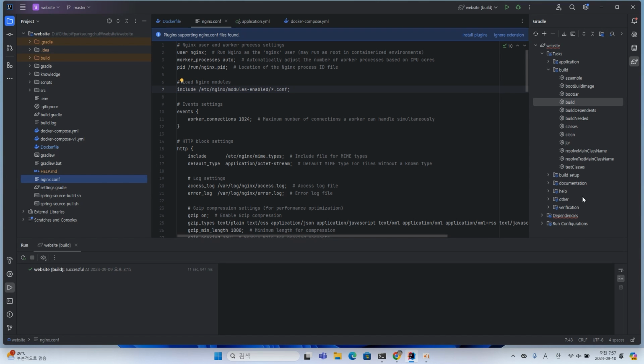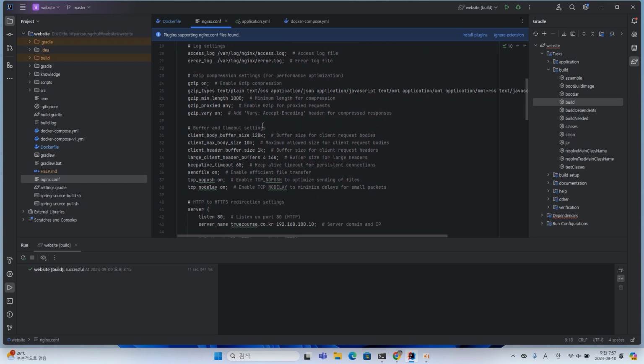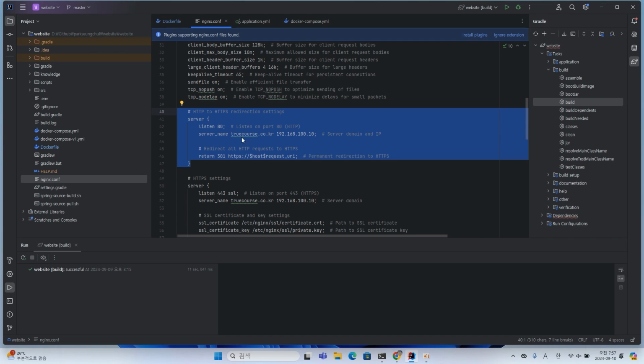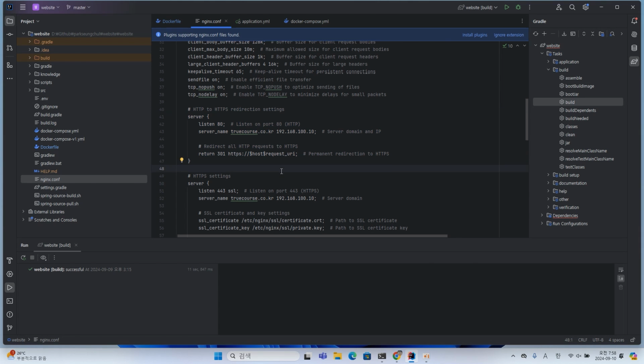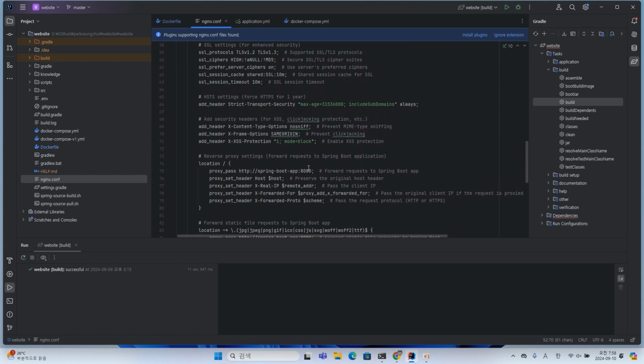In the Nginx configuration file, there are 3 key points to check. HTTP to HTTPS redirection settings. Reverse proxy settings and container name and port.